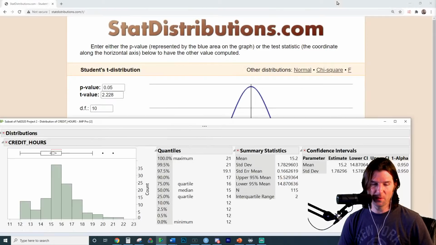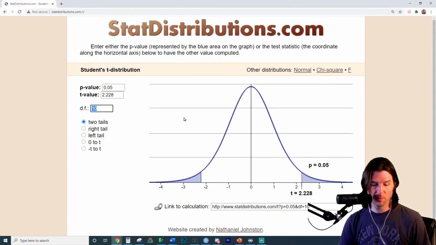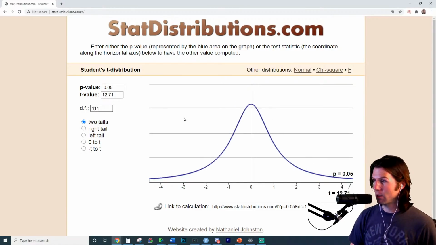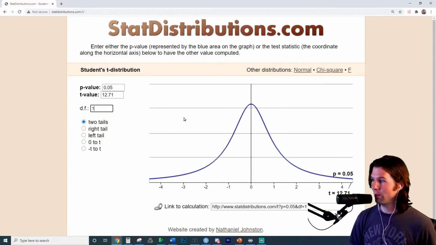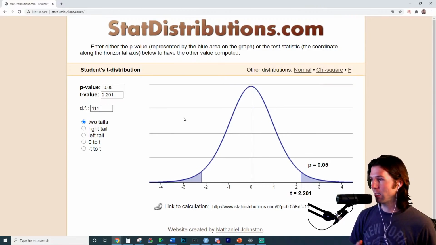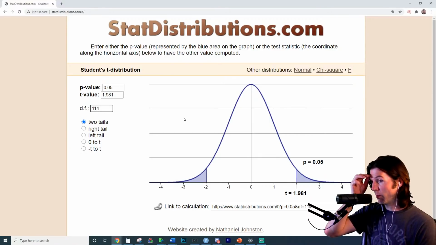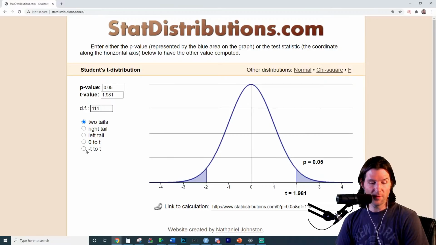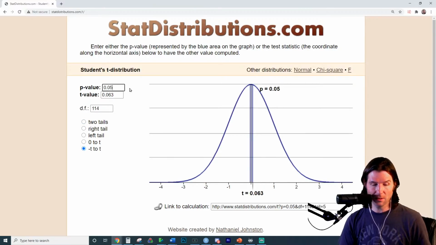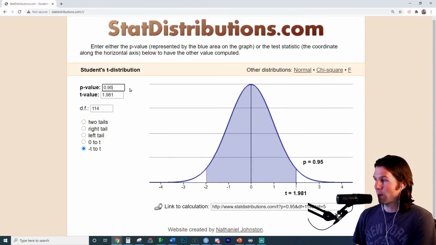Our sample size was 115. So our degrees of freedom would be what? Sample size 115, degrees of freedom 114. Notice how the shape of the distribution changes the more degrees of freedom you give it. It gets tighter and more normal with more degrees of freedom, and you basically have the normal. If we're using a 95% confidence interval, it's going to be basically 2 again, and there's the 95% confidence interval